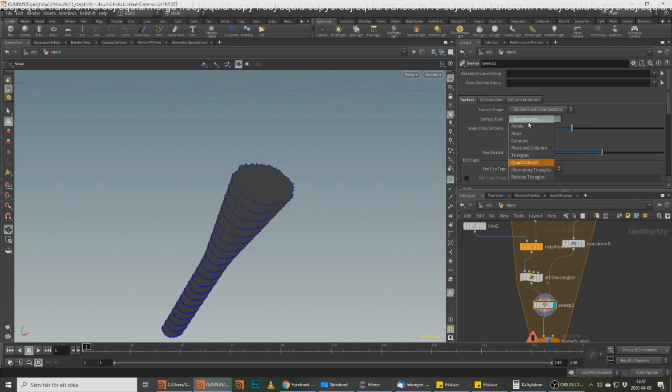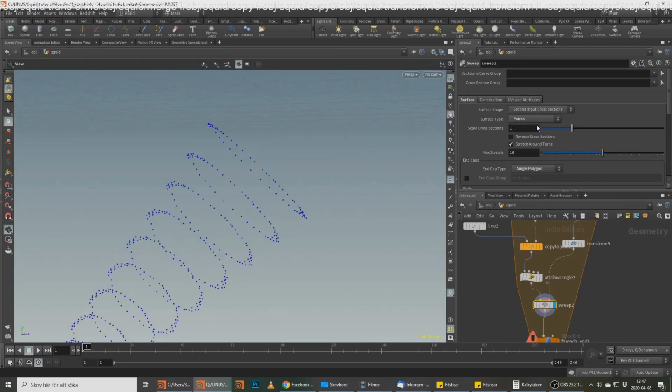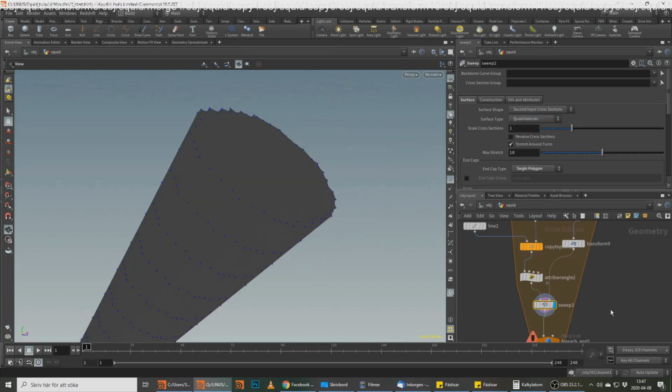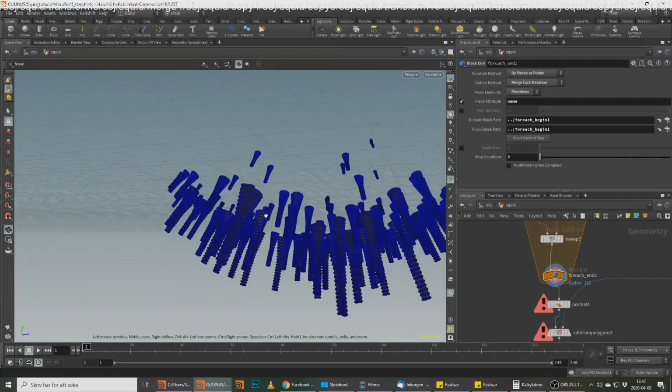I don't know if we could... What happens if we do rows and columns? No, it's not better, it's just chaos. I just wondered if we could skip the props. Never mind. So that's what we're doing, and we're doing that for each and every one of them, which gives